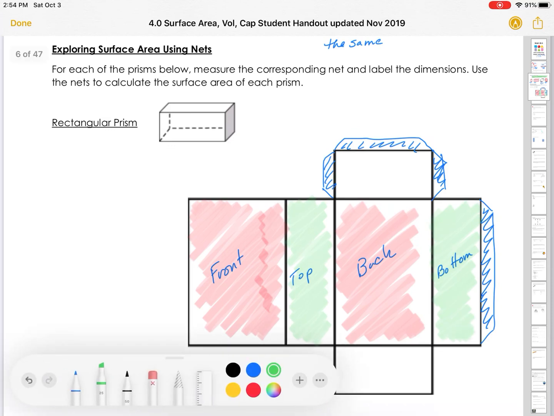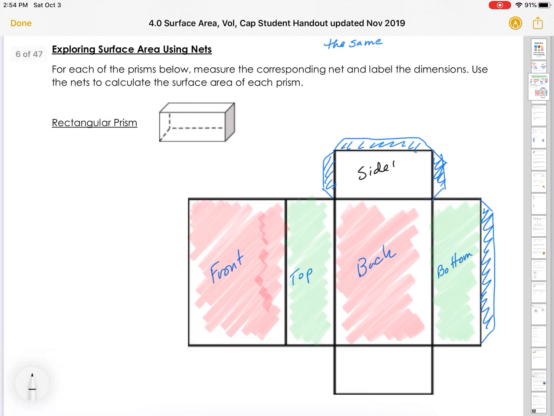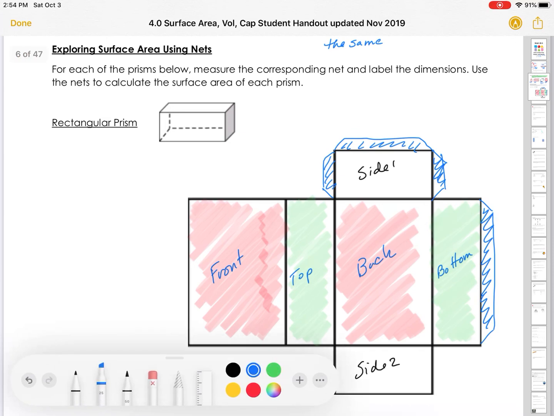And then we've got our front, our back, our top, and our bottom, and then we would have our two little sides here. So side 1 and side 2, and again, they would be the same,